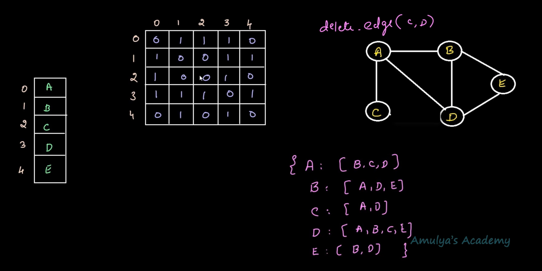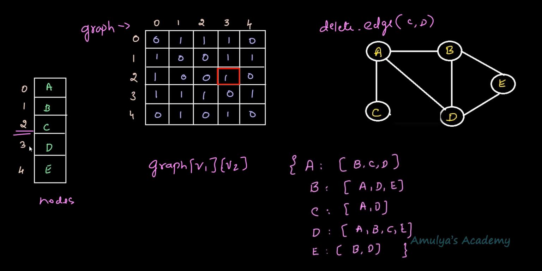Now in the adjacency matrix representation, what do we need to do? We need to change the value present in the Cth row and Dth column. That is, here if I take the matrix as graph and this list as nodes, in the previous program we took this as nodes and this as graph. Here what I need to do is graph of V1 row, V2 column. Here V1 is C, V2 is D.